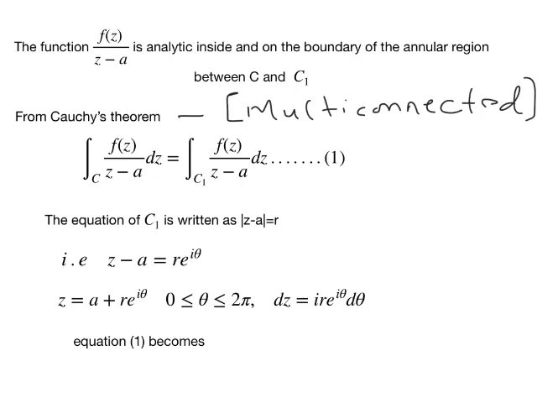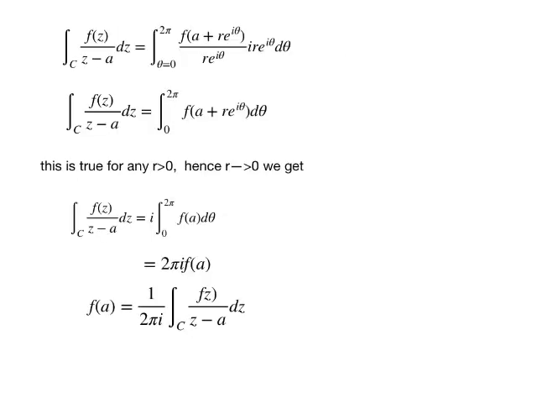Now, C1 is a circle with center a and radius r. That is given by z minus a is equal to r e power i theta, or z is equal to a plus r e power i theta, and clearly since it's a circle, the theta value lies between 0 and 2 pi. Differentiating z, we have dz is equal to i r e power i theta d theta. Now substituting all these values in the above equation, I have integral C f of z upon z minus a dz is equal to integral theta from 0 to 2 pi